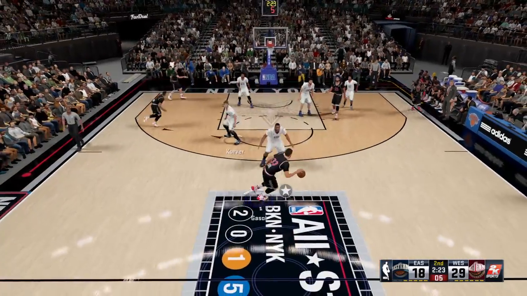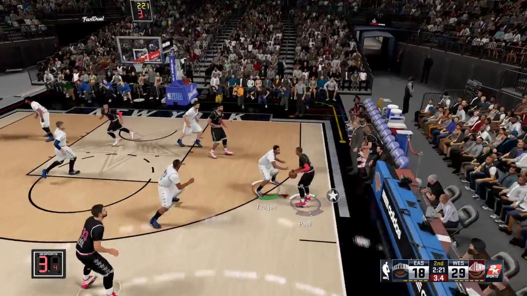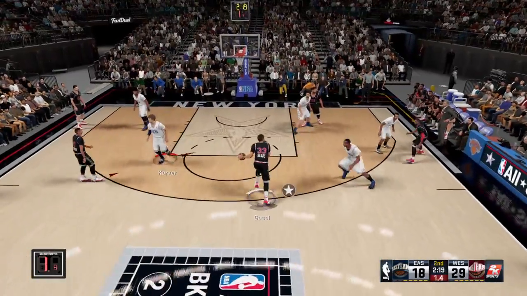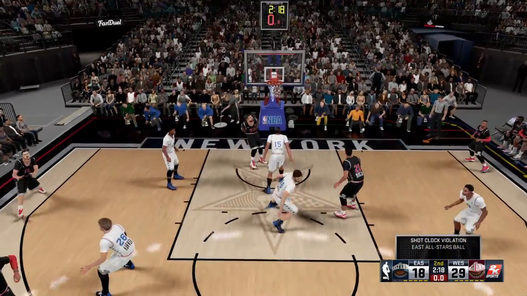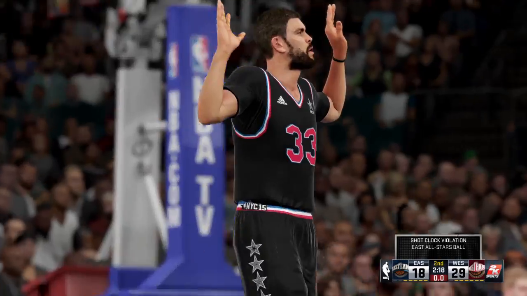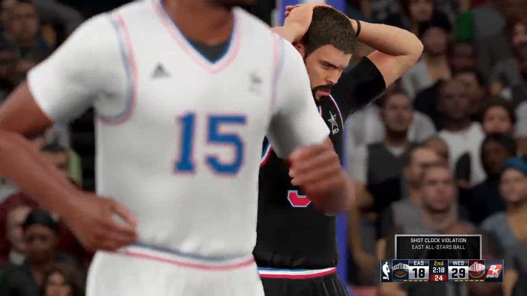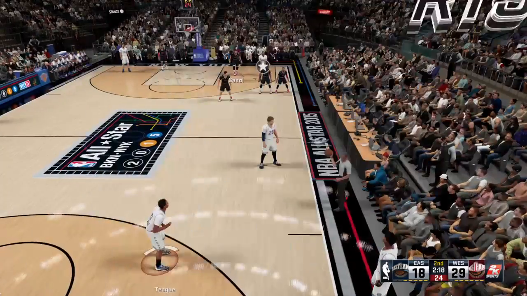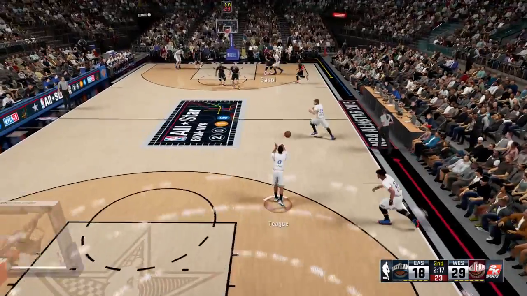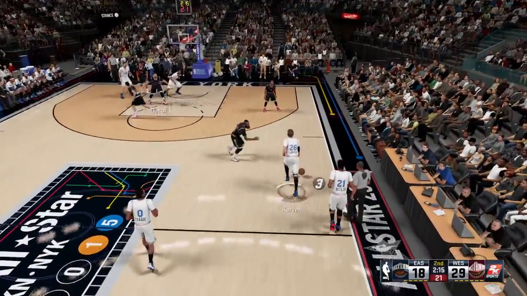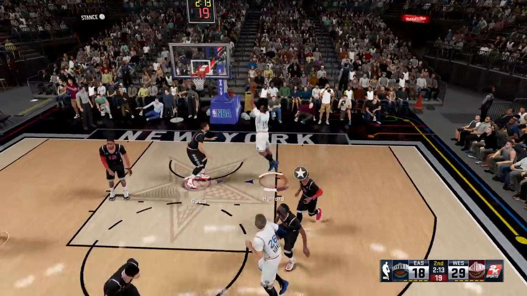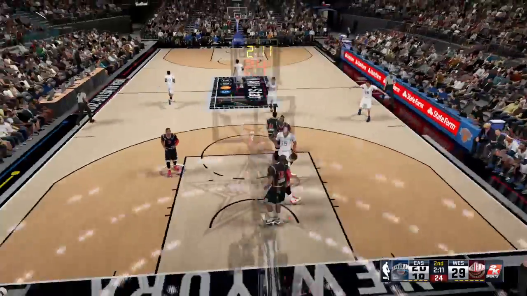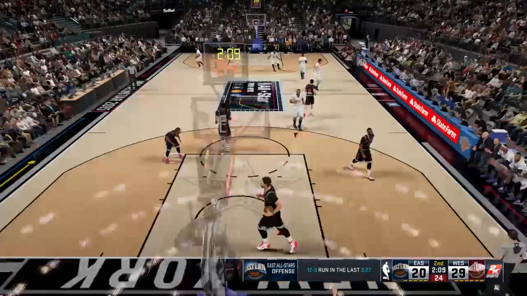Outside Gasol. Down to 5 on the shot clock. And they'll turn it over. Could not get off a shot. 24-second violation. LaMarcus Aldridge is checked in for the West. Harden comes in for Russell Westbrook. Well, with the basket here, they could get back to within single digits. Here's Horford. And the lead is down inside single digits. Fantastic.